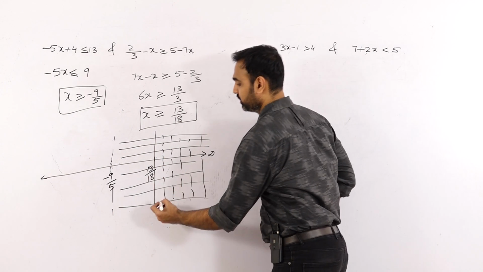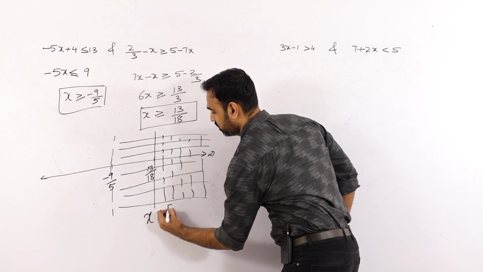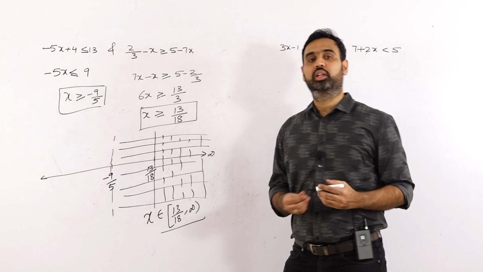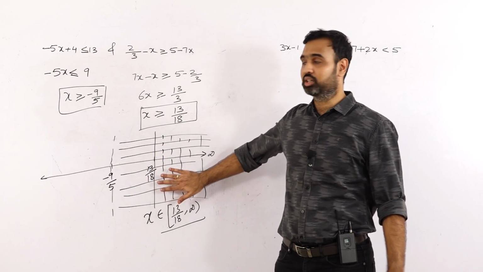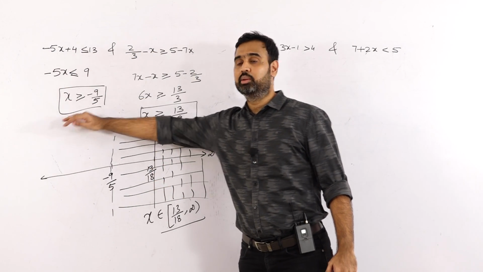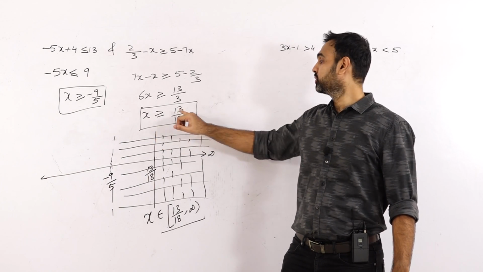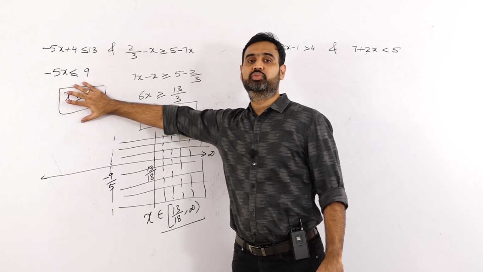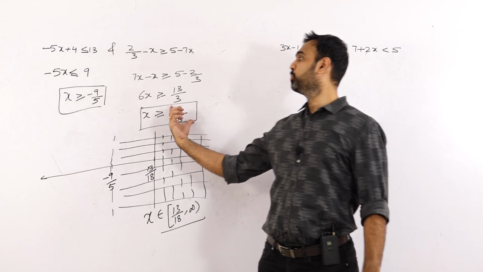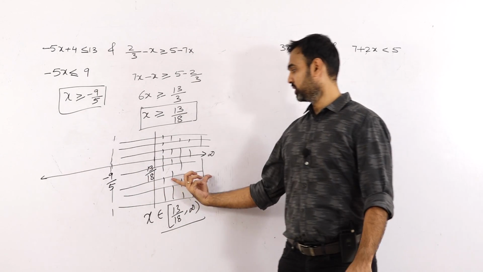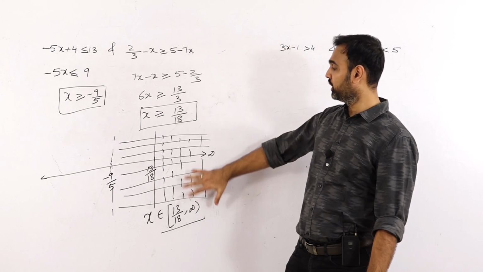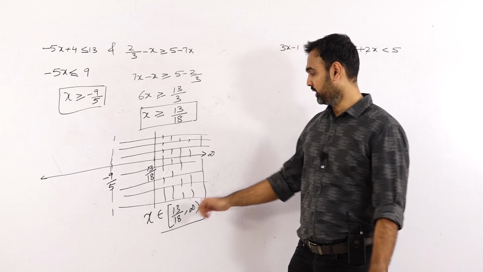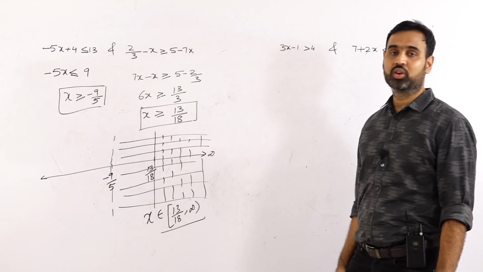So my conclusion for this is x belongs to the closed interval 13 by 18 to infinity open interval. So this is the value of x here. x is greater than or equal to minus 9 by 5 as well as greater than or equal to 13 by 18. If you denote the regions for this and this, the common region to both the inequations is this, 13 by 18 to infinity. How do you identify the common region? See the region where you have both horizontal and vertical lines. These are the values of x.